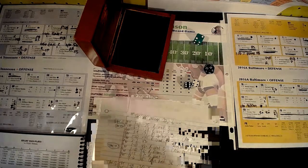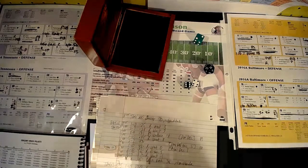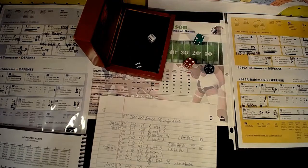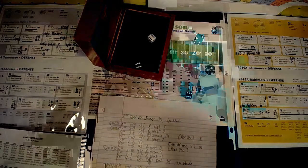Okay, so basically their only R target is Matthews anymore. So they're going to go ahead and try a long pass to Matthews against pass, since they're using their long yardage formation. 66. Well, that's the home field advantage, so it's going to be incomplete because they're not the home team. We're going to do the same thing. Long to...